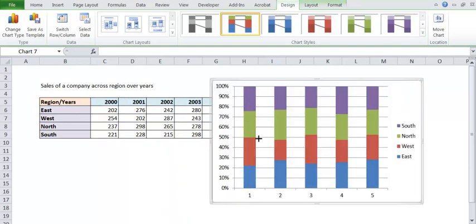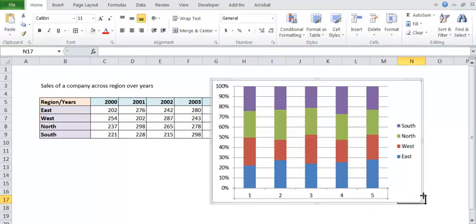What we have is, we are saying that the sales are summing up to 100%. So 0% to 100%, and these are your years 1, 2, 3, 4, 5. For 5 years it may look crowded, but you can get an idea. What is happening is this region, which is your east region, as a percentage, has grown its sales.